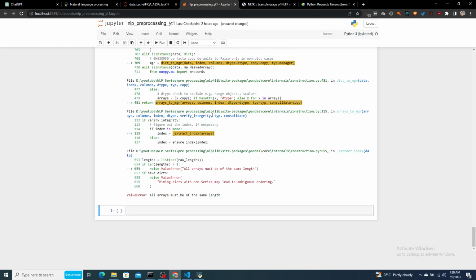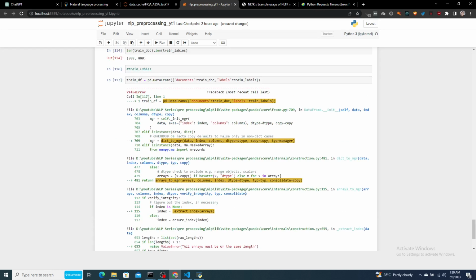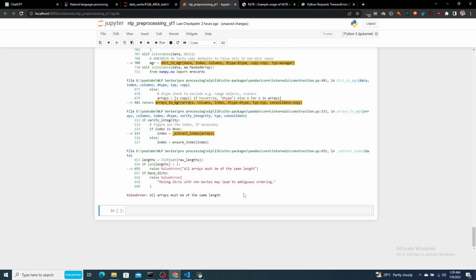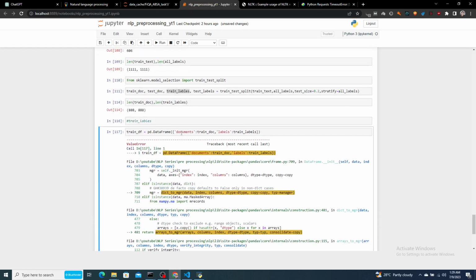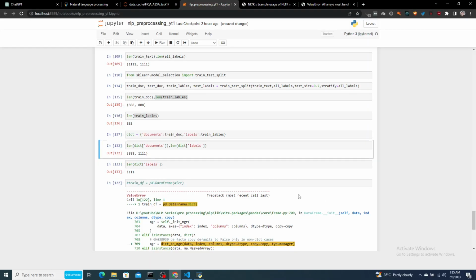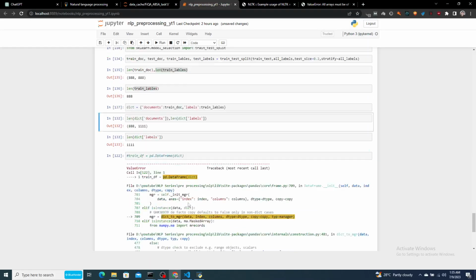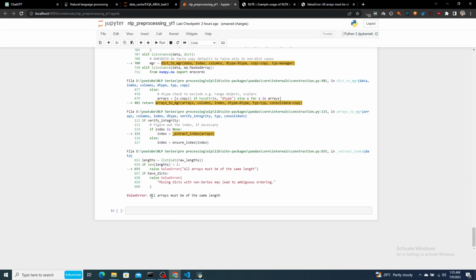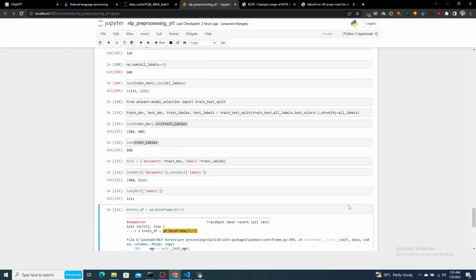Okay, guys, I need to check where it is failing basically. So it says missing dictionary with non-series may lead to ambiguous ordering. Okay, guys, so why were we facing this error? Because of a silly typo here. So that's why, if you see this,